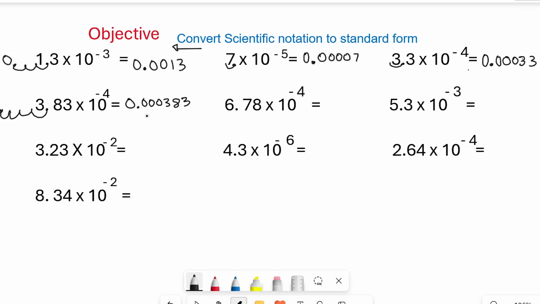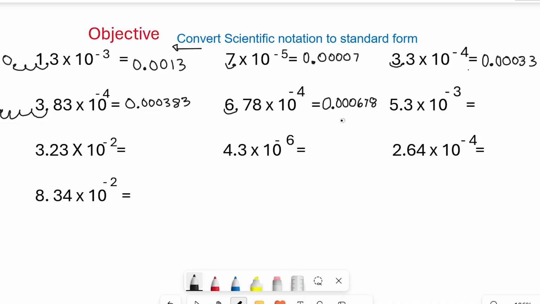Now look at the next one. For the next one, it's going to be 6.78 times 10 to the negative 4th power. One more time, the exponent is negative. That means I have to move the decimal back 4 units. So that would be 1 unit plus 3 more zeros. And the whole number is going to be 0. 3 more zeros, that would be 1, 2, 3, and then